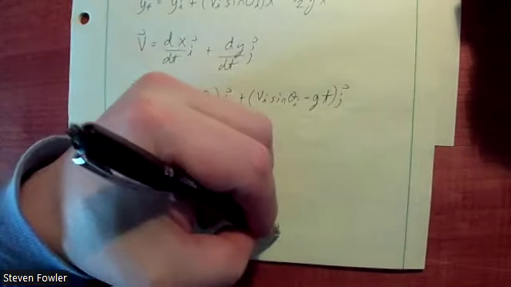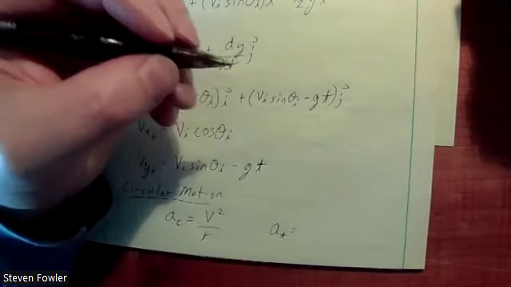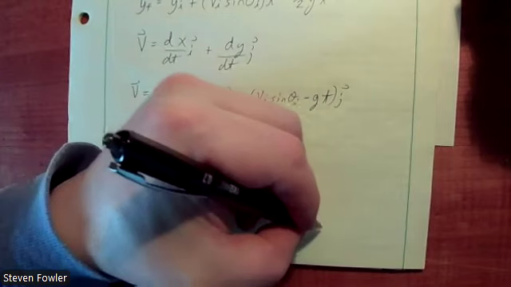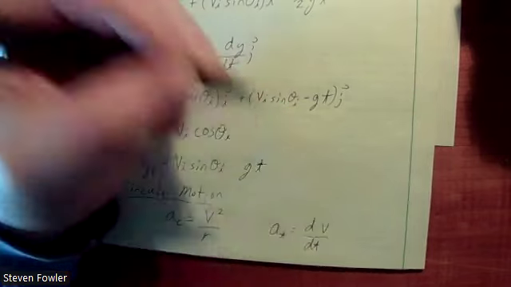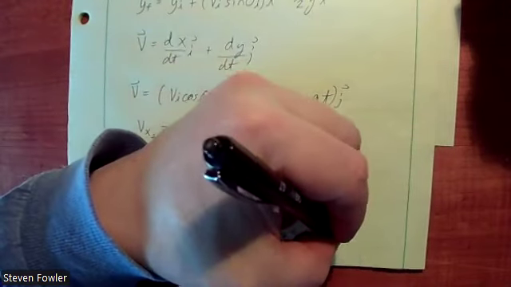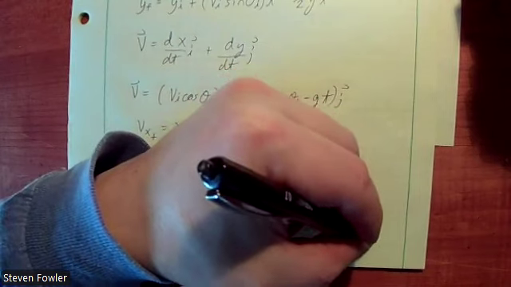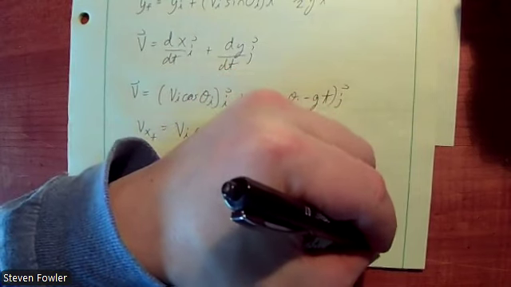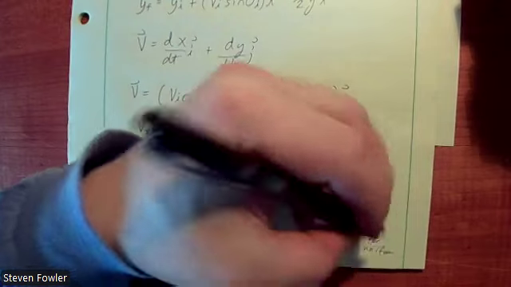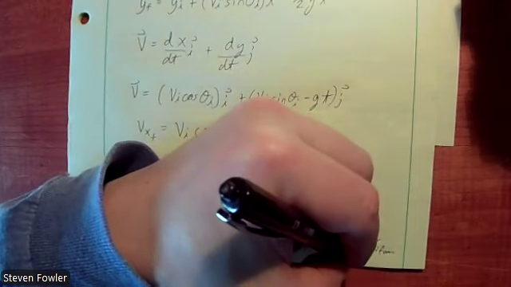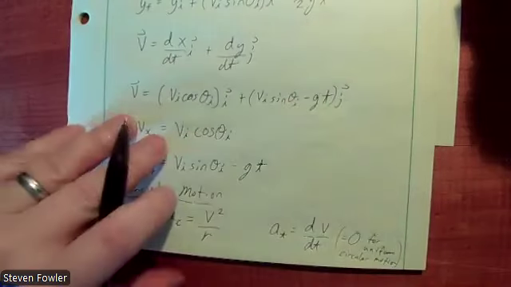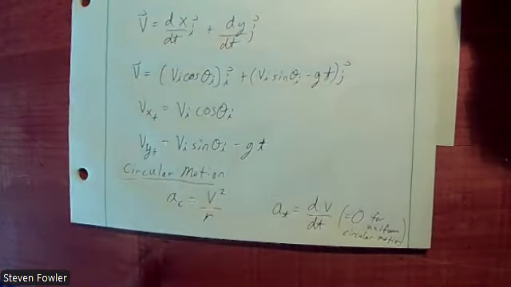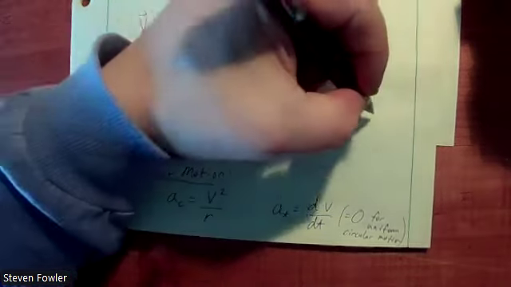And then if there is what we call tangential acceleration, that would simply be the derivative of the speed with respect to time, which is equal to 0 for what we call uniform circular motion. So if something's moving in a circle, in a uniform circle,